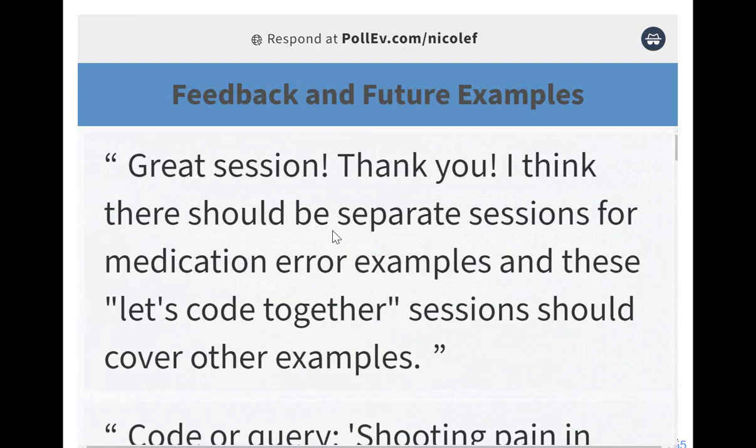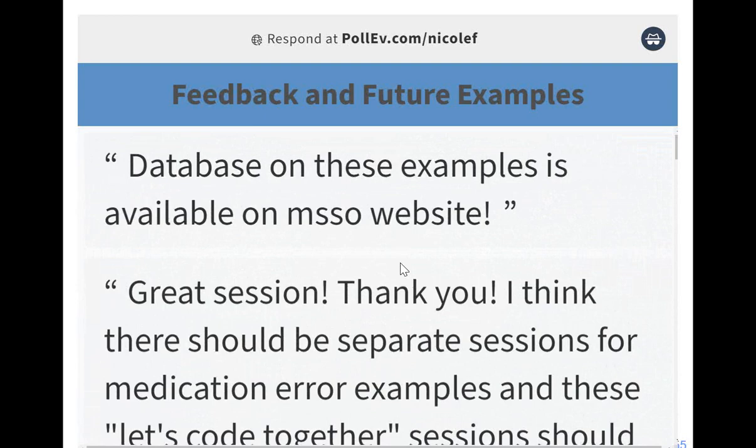So, okay, I would like to comment on several comments that have been coming in on off-label use and med error type things. As I said before, we have sessions wholly and solely dedicated to medication errors. There's one coming up, the Medication Error General Principles session on November 22nd. There's also a partner session, Medication Error Workshop Part 2 on November 29th. So if you're interested in off-label use and concepts around medication errors, I would highly recommend attending those two sessions. Yeah. And with that being said, we're going to keep this poll open.